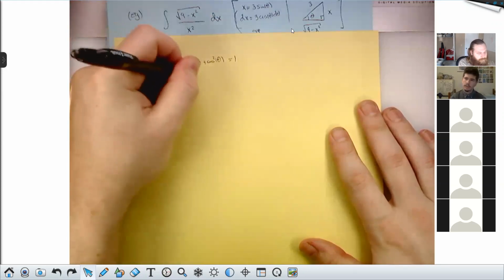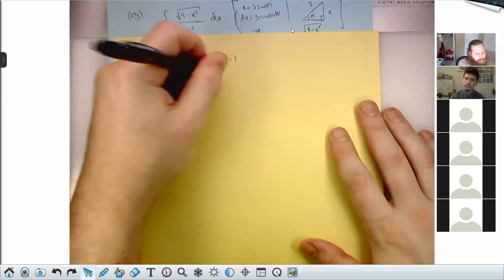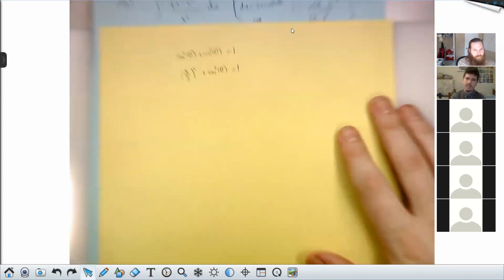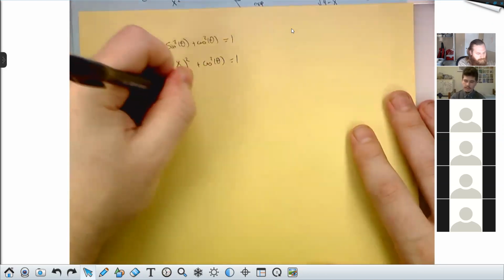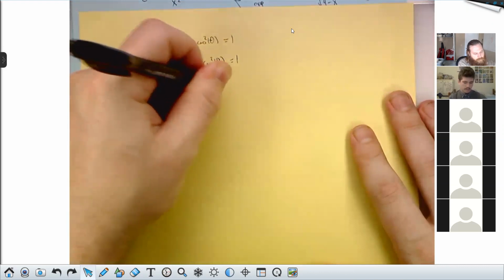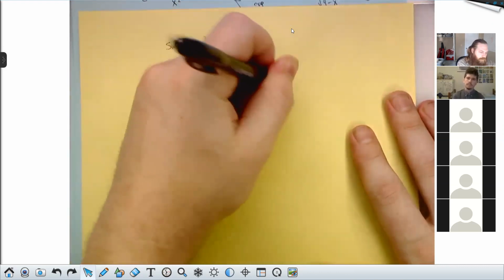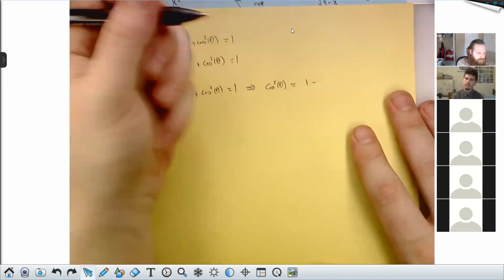Yeah. And if sine is x over 3, then sine squared theta is x over 3 squared. So you can plug that in to get this. I don't recommend writing this down, just to be clear. This is x squared over 9 plus cos squared theta equals 1, which means cos squared theta is 1 minus